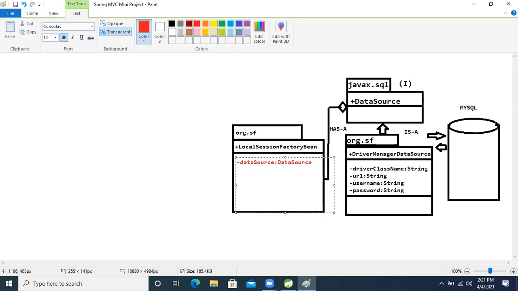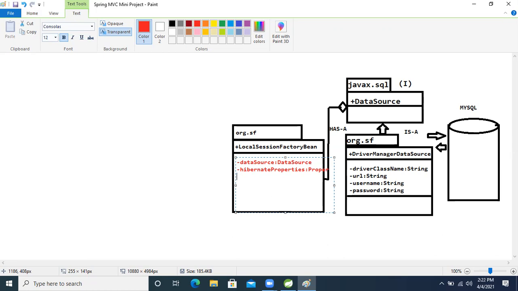Another property is the Hibernate property. This one's type is Properties, it will take the properties only.